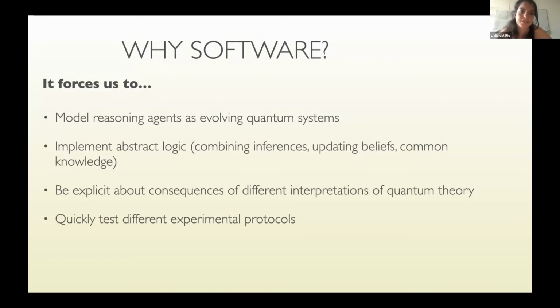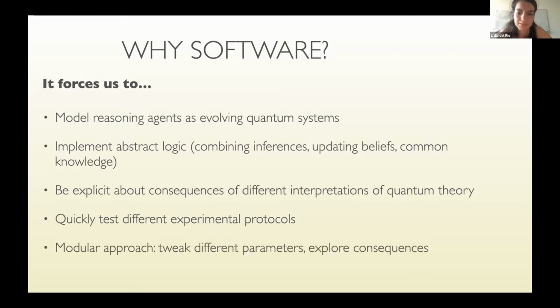And the other thing that ideally helps us is, okay, if we found a paradox in a given experimental scenario, like a Wigner's friend scenario, now we can very easily just change a few things in the program to try a different physical setting, right? So that's why we have this modular approach where we have all these different components, the logic, the interpretations, the setting, how we model the physical agents, and so on, and we try to explore the consequences of this, right?